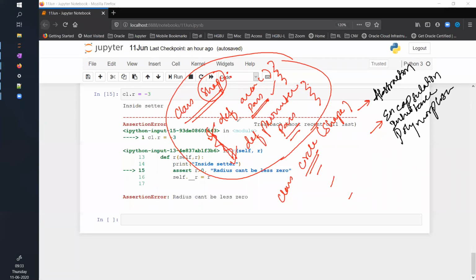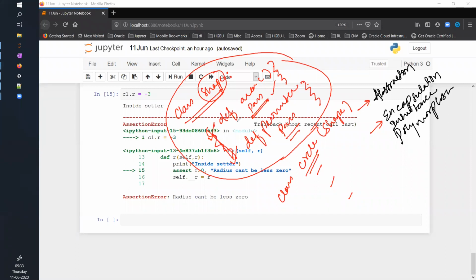I will tell them, boss, you add some additional functionalities, I'm not worried about that. But these are the core functionalities that any shape class must have. And that I can do through the use of abstraction and inheritance. Don't you think this is very important in the software development industry?